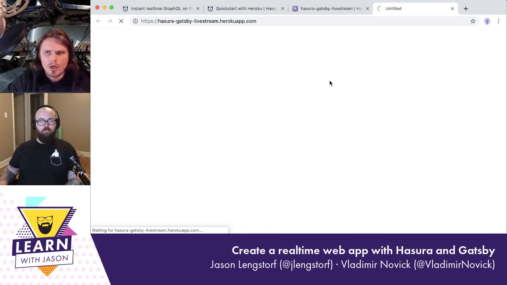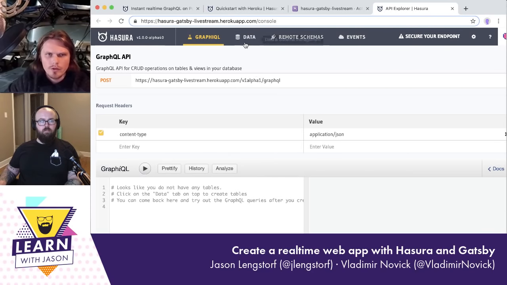So this is the console, right? And it has like 4 tabs for 4 major sections. Right now we're in the GraphiQL section, which is pretty familiar to everyone who used GraphQL. And it's actually GraphiQL on steroids. So it has regular GraphiQL capabilities, so you can have kind of an in-browser IDE for your GraphQL queries. And if you, for example, click on docs on the right,